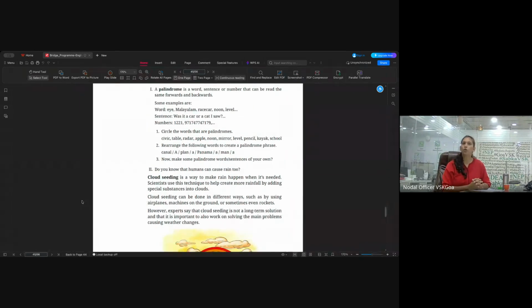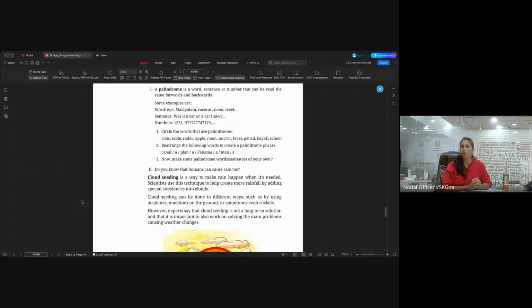Okay, palindrome, a new concept again given to us. A palindrome is basically a word that can be read on both sides and it still sounds the same. For example, I, Malayalam, Reska, noon, level. So it is level this side, level the other side also. That's a palindrome. You can have some fun activities with that. Get them to recognize palindromes. Maybe also take them to the white elephant, see if there are any palindromes there, you never know.